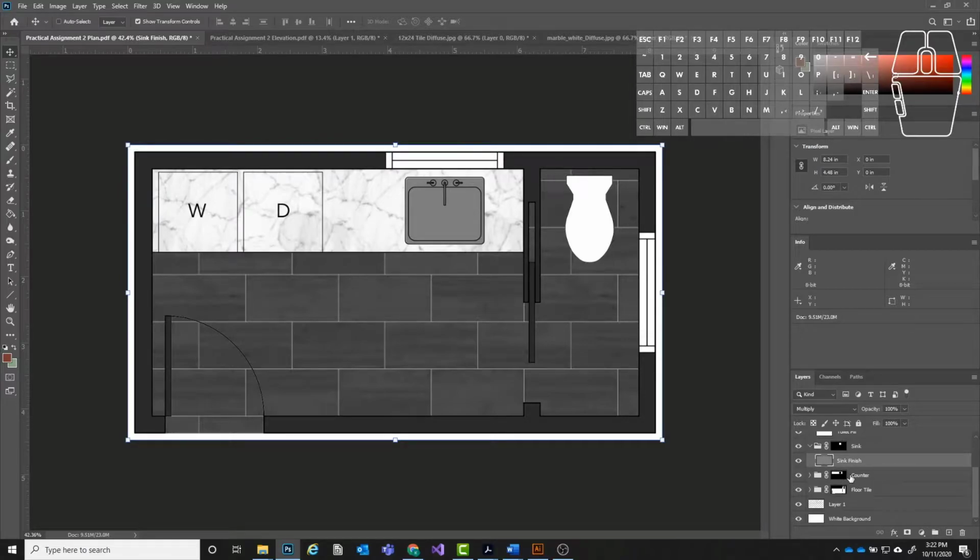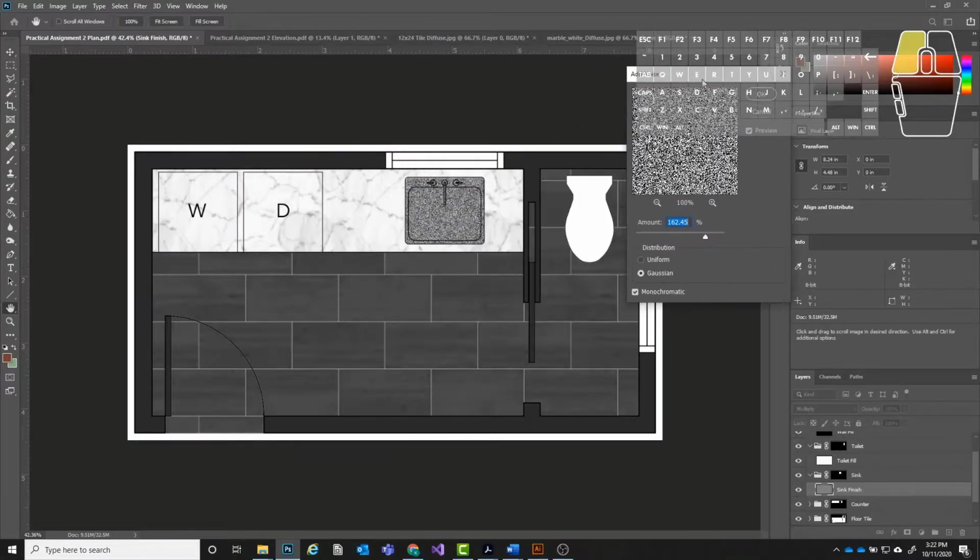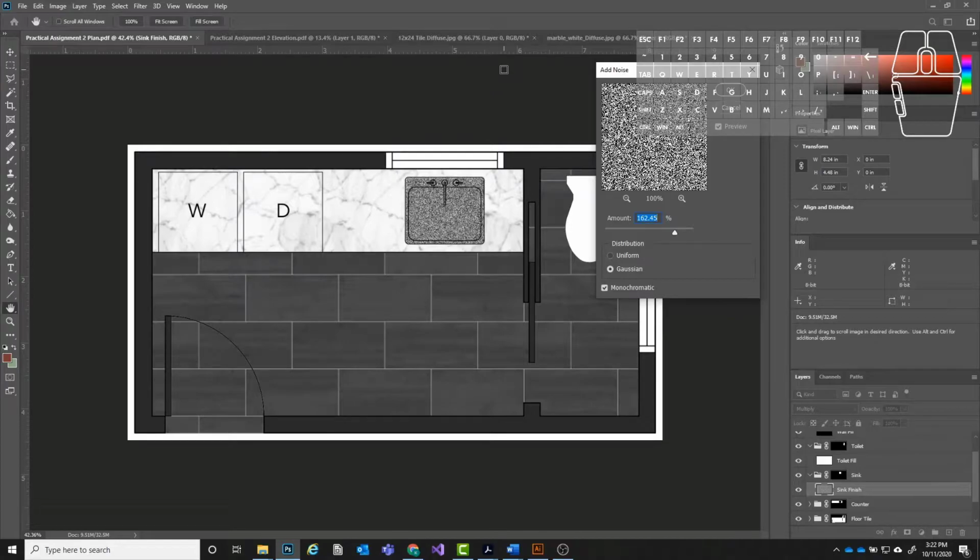All right, I'm going to collapse my counter so that I can see what's going on here a little bit easier. I'm going to click on my sink finish layer, so that's my gray layer. And I'm going to go here to where it says filter, and I want to find the one that says noise right here. And then I want to click on add noise. All right, so what this essentially does is it adds in a pattern that looks like TV static, and you can mess with the